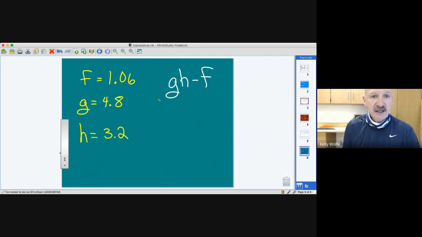So we can see we have our little math problem written here for us. Our variable expression is GH minus F. Through substitution, we know that the first number in this problem is going to be a 4.8. We also know the second value of this problem is going to be a 3.2. Now, what are we supposed to do with these two numbers? Well, these are right next to each other, so we know that's an automatic multiplication. Again, we can represent that with a dot, or we can represent multiplication this way. This just tells us 4.8